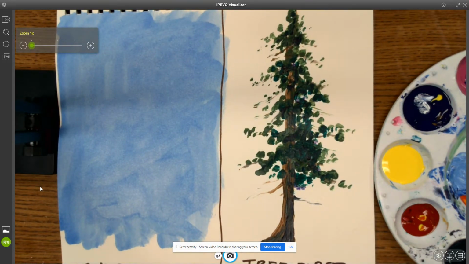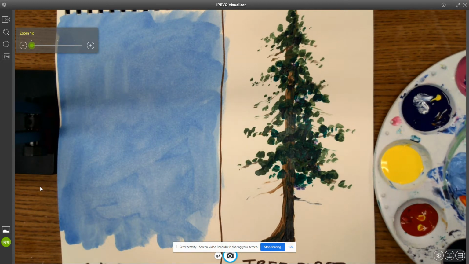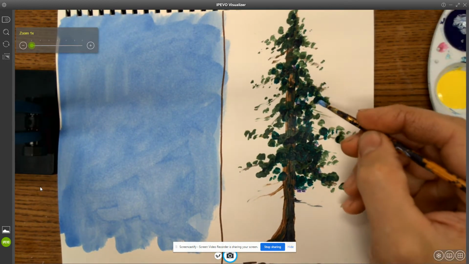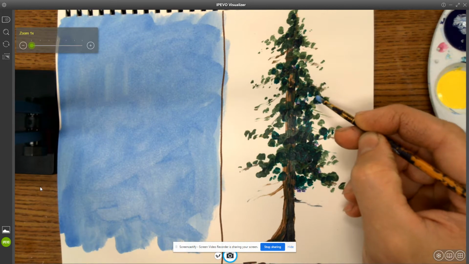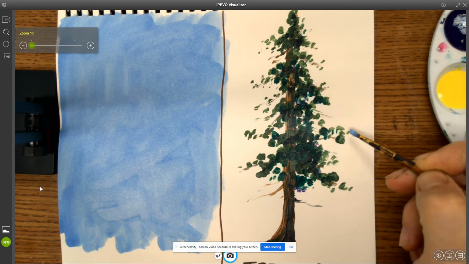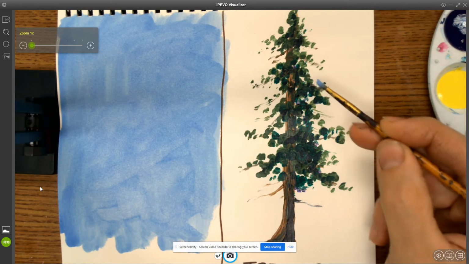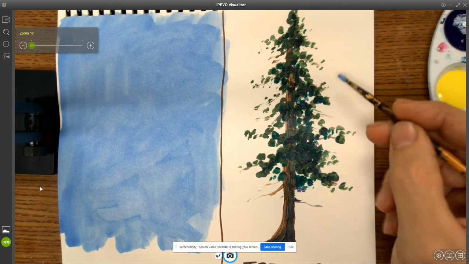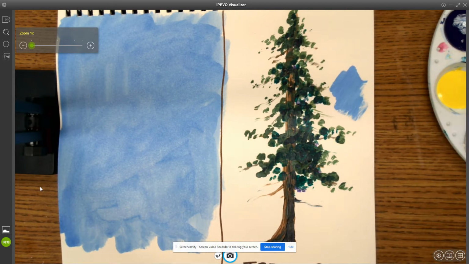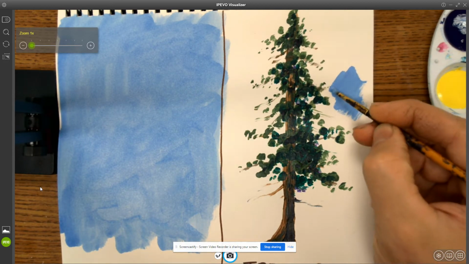So this tree is already kind of finished. So if I was going to add a background after doing the tree, here's how this might look. I've got all these little negative spaces in the tree where I can see through it, and then I've got all this space around it, and that needs to be blue because I want that to be like the sky. So out here, okay, that's pretty easy. I can paint that blue. Pretty easy, right? But then when I get up to the tree,